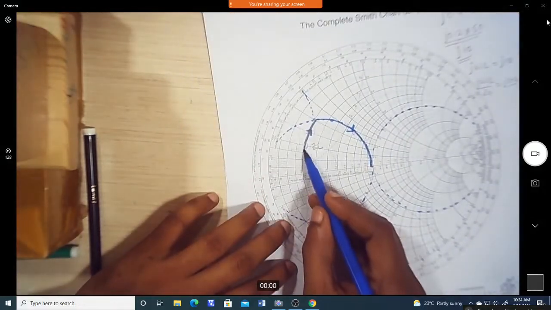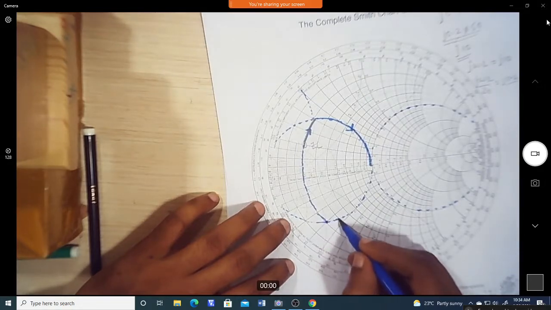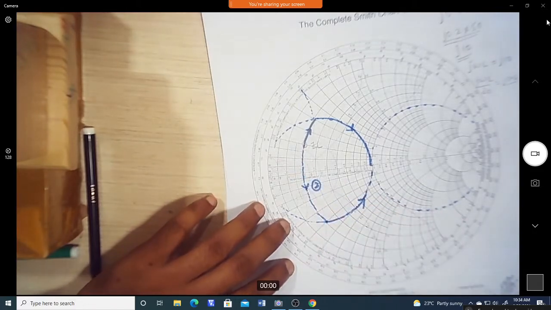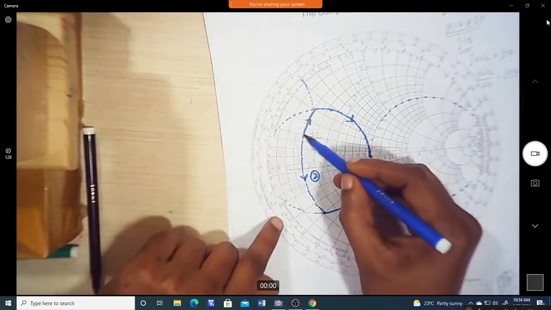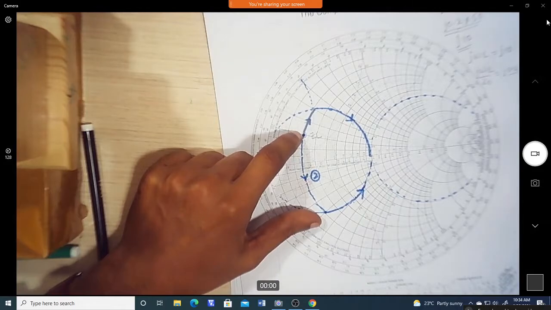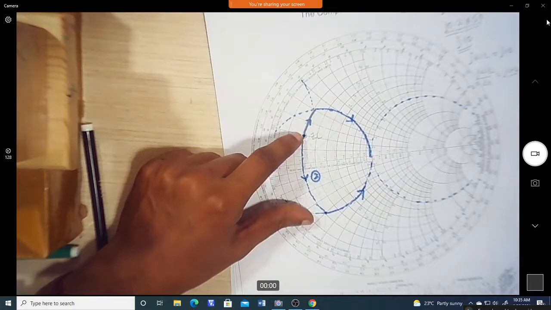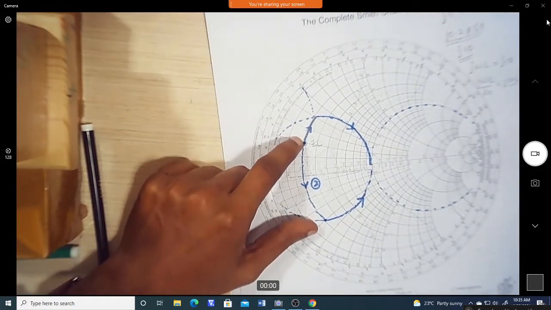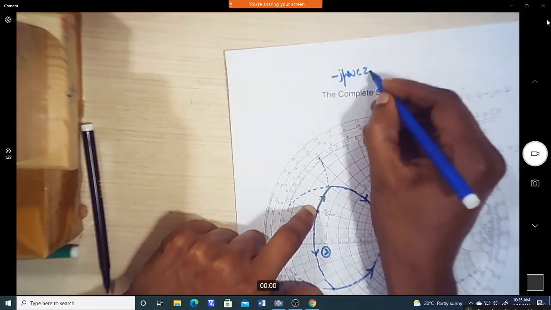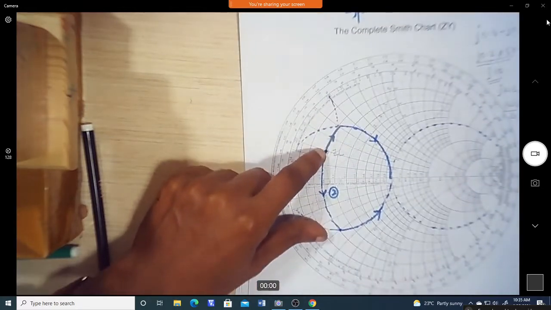Here we are moving downwards on the resistance circle till this point, and then we have to move upwards. So this is solution 2. Now from this point to this point, you have to find out the reactance offered by the capacitor, because we are moving on the resistance circle downwards. It is a series capacitor. So take the equation of series capacitor, which is minus j by omega C Z naught, which is equal to the reactance offered by the capacitor.